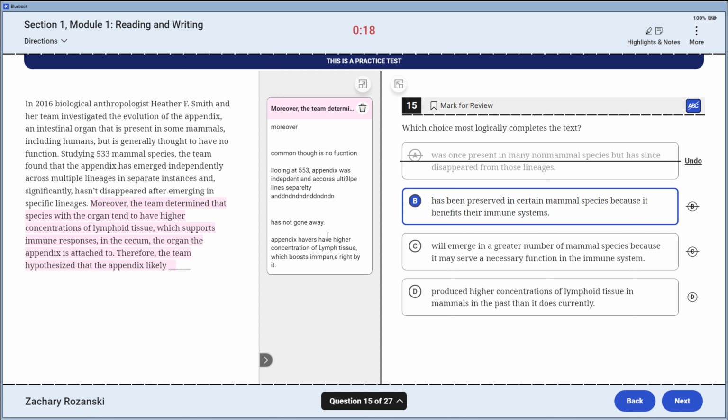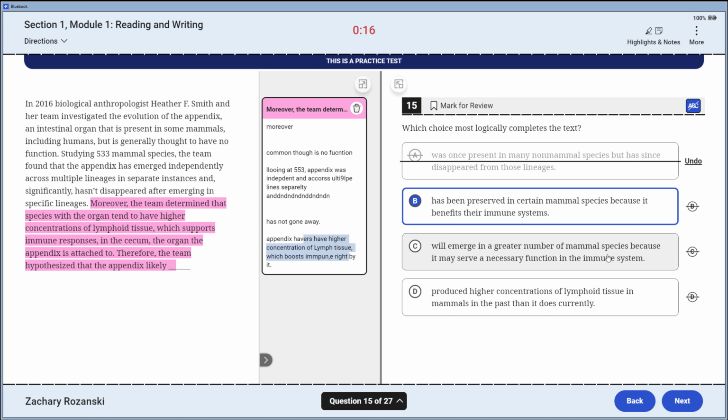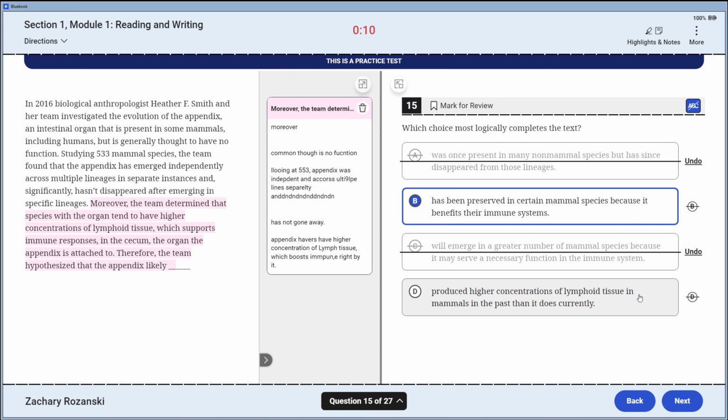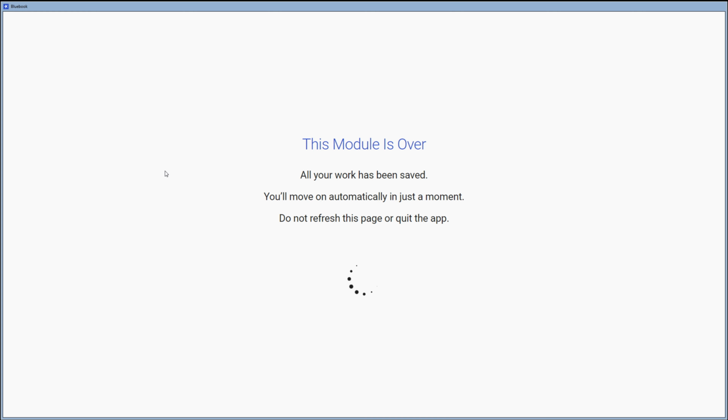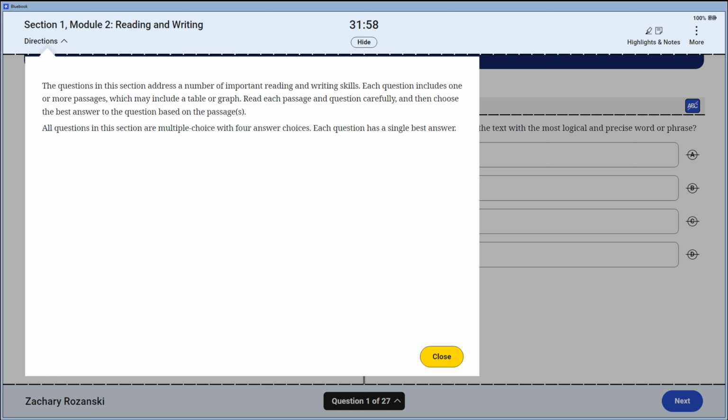That's a bold take, right? We have the support for the immune system, but to project it forward, just like in that Scotland one, I have no evidence to say that I can kick it forward. And here, there's no evidence in this final sentence that I can kick it forward. C falls produced a higher concentration of tissue in animals in the past than it currently does. That's absolutely wrong. I don't have any evidence for that. I just have that compared to non-havers it has more, but not compared to the other group. I have no evidence to support that. So easy. Don't panic when you get close to the end. You take your time, you look through the things, you find your evidence, and it's easy. Nothing to fear.